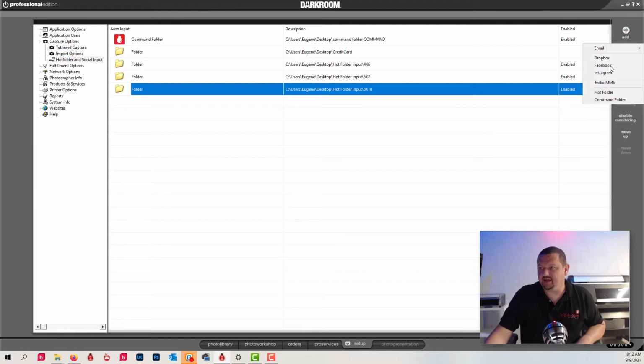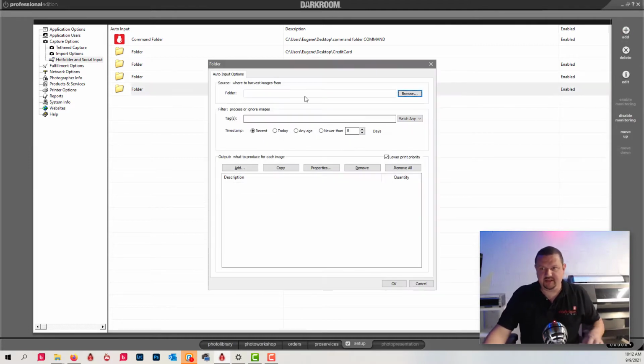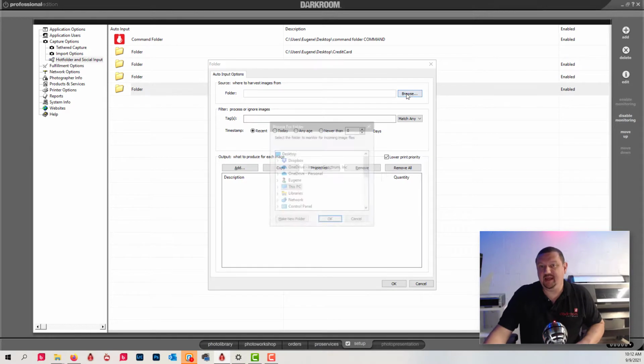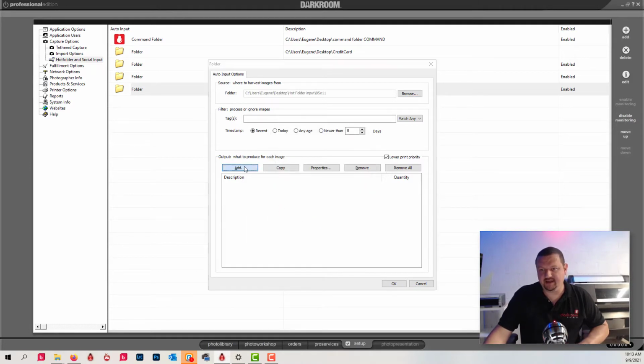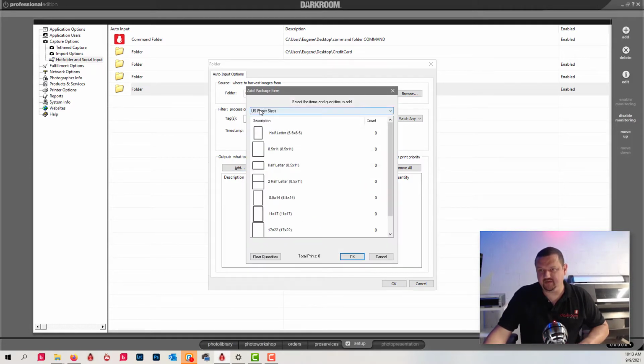I'm going to click Add, Hot Folder, and this one is going to be an 8.5 by 11, and I should have a folder on my desktop. There we go, 8.5 by 11. I didn't use the point. We don't want to use special characters with our file names, so 8.5 by 11. And then we're going to click Add and select from US paper sizes 8.5 by 11,